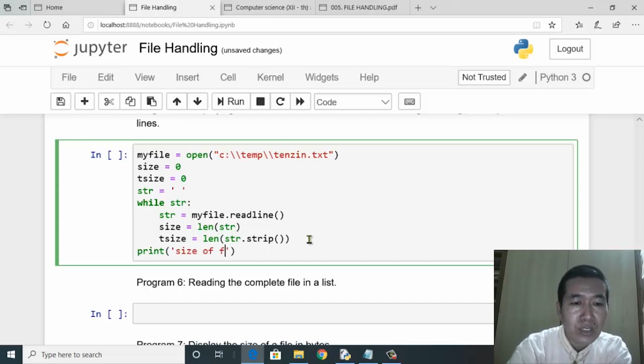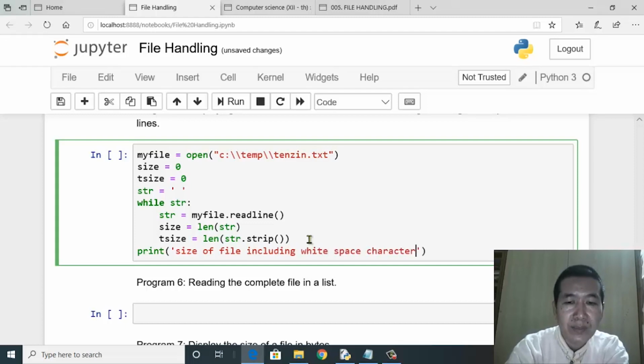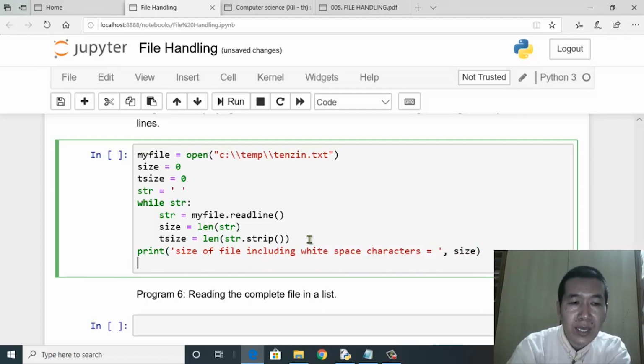The size of file including whitespace characters is equal to size. Okay, and then print size of file without white space characters is equal to t size.